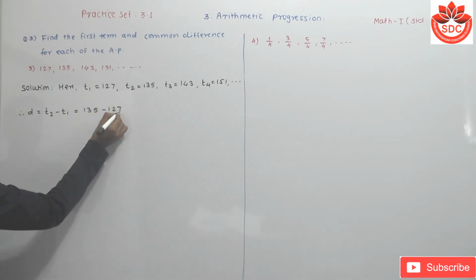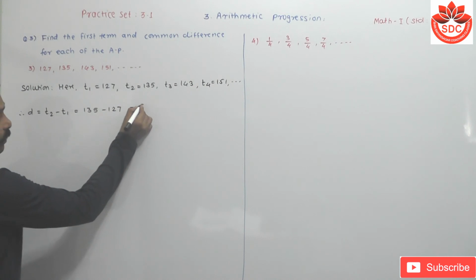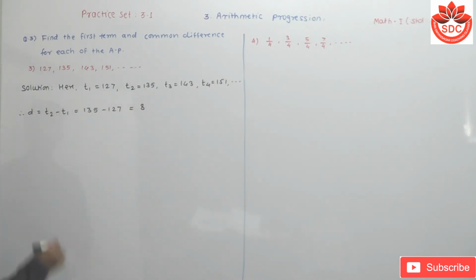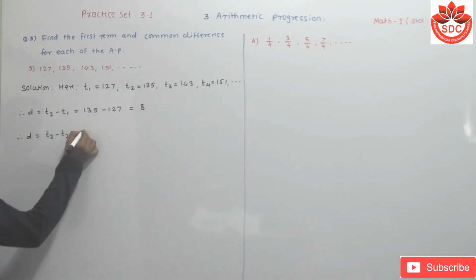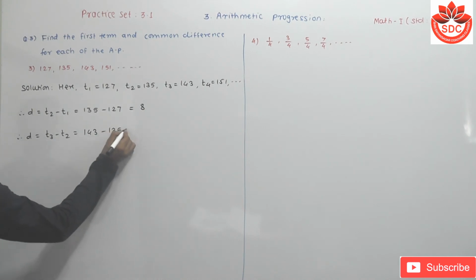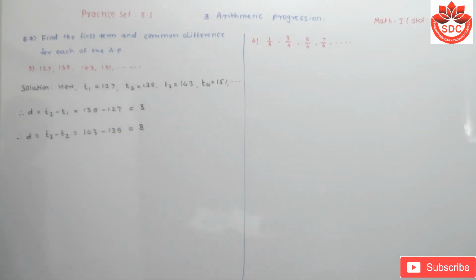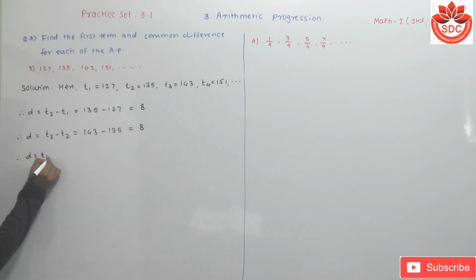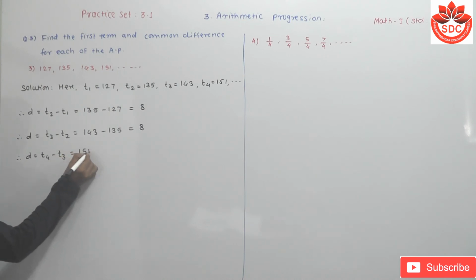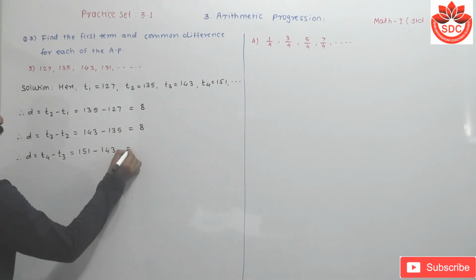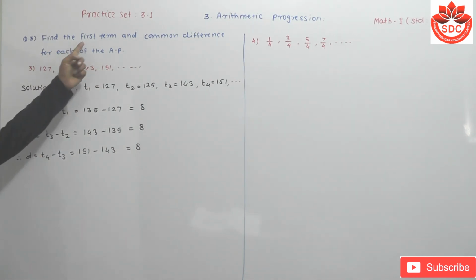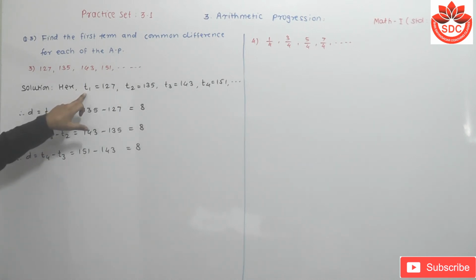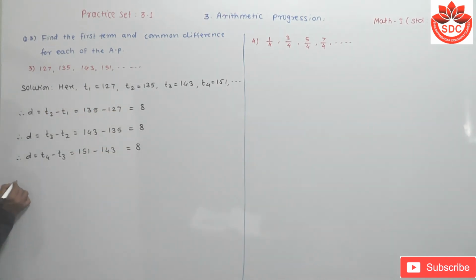Students, we have to find its common difference between two consecutive terms, that means T2 minus T1, which is 135 minus 127. When we take the subtraction, how much does it become? 8. Also here D is T3 minus T2. T3 is 143 minus 135 is equal to also how much? 8. Then next, D is equal to T4 minus T3. In that, 151 minus 143 also becomes how much? 8, because the given sequence is an AP. So first we have to find the first term and the common difference. First term is T1 and the common difference is D. So write the answer in a full sentence.